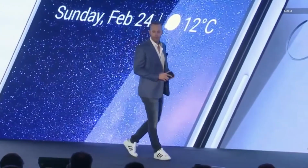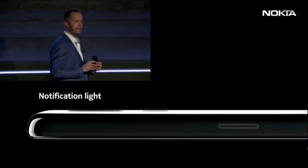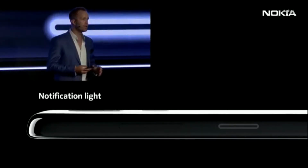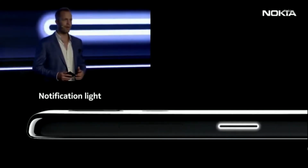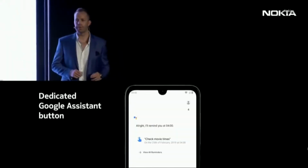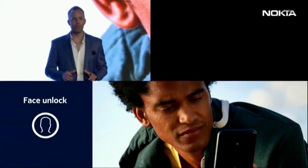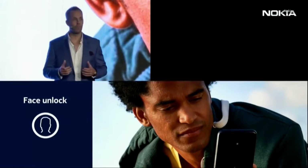of 2-day battery life. We've introduced a calm breathing notification light to the power key of both Nokia 3 and Nokia 4. So whether the device is laying on its face or on its back, you will be able to tell if the device requires your attention. We have integrated Google Assistant button to both of these designs. In addition to fingerprint sensor, both Nokia 3 and Nokia 4 will also feature face unlock as a complementary means